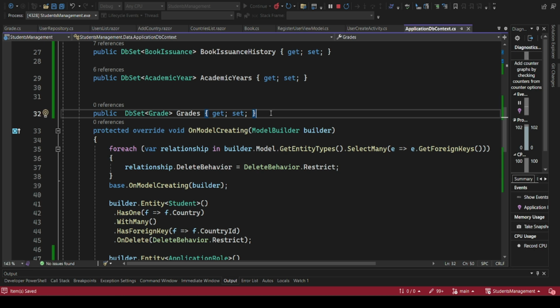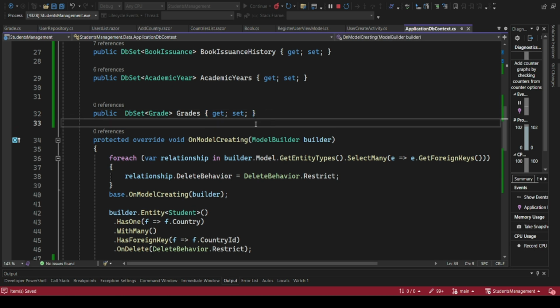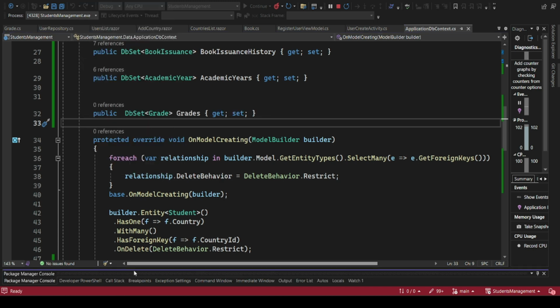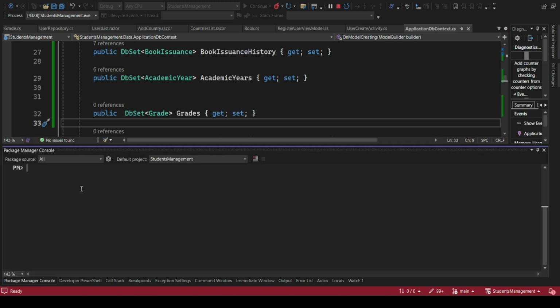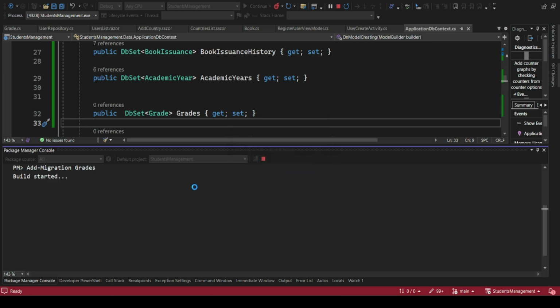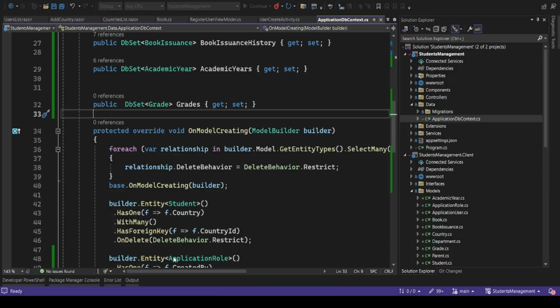There we go. After doing that, the next thing you need to do is to apply migration. I'll go to tools, NuGet package manager console. Here I'll now apply my migrations. I'll say add migration, then grades. That is the name of my migration. Then I'll need to stop debugging. Then if I do that, my migration should be able to